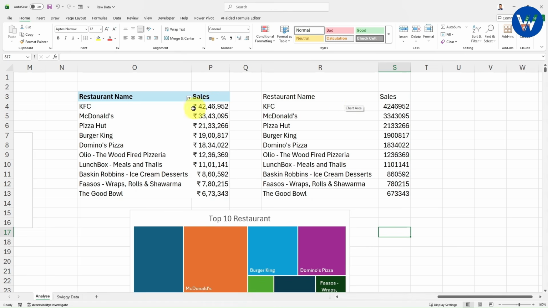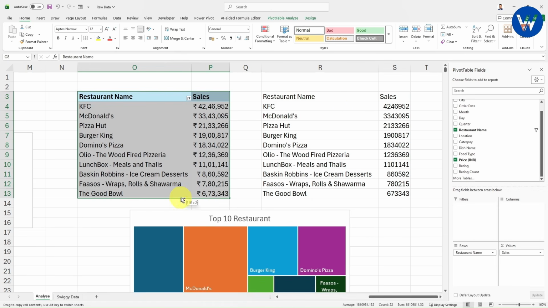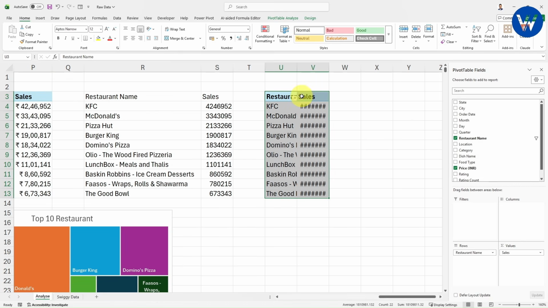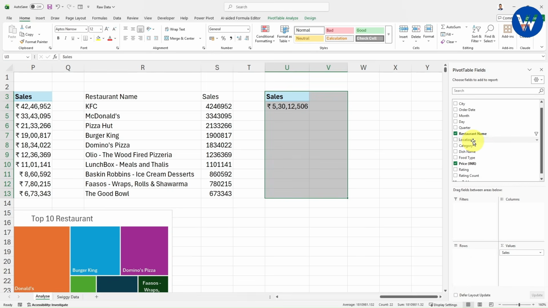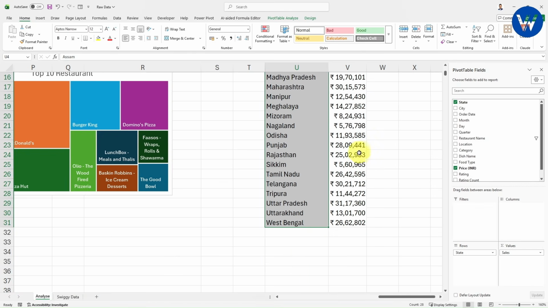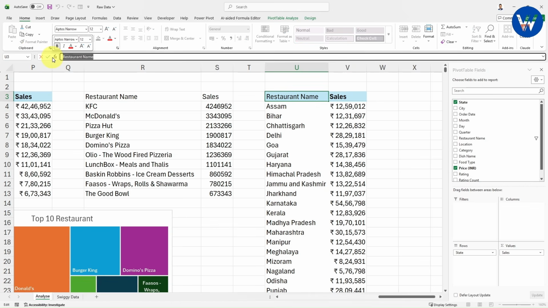What you need to do is first create the duplicate of the pivot table. Let me create the duplicate. I will just drag it to the right hand side. Okay, right. I will take this here. I will adjust the column width. Now remove the restaurant name from here and select the state. Just drag the state inside the rows. Once you drag and drop, finally you will get the state-wise total sales amount, right. You can see you get the state-wise total sales amount. Now I will change the label name. Instead of restaurant name I will write here State.